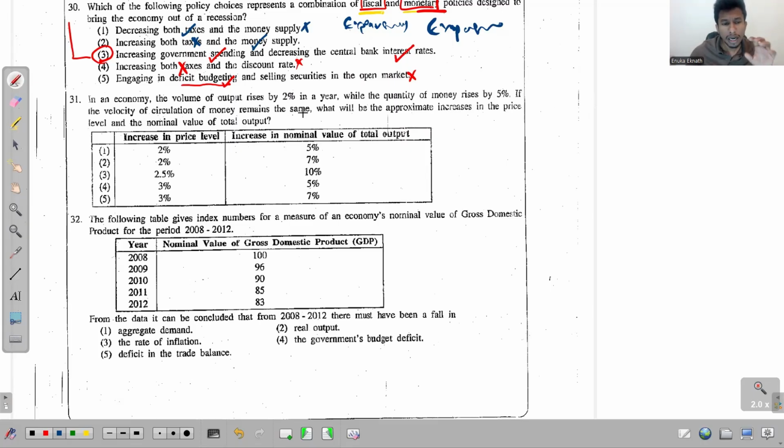The first thing, by looking at all these data, you can understand that this question has something to do with this equation of exchange. So how do we write the equation of exchange? We write M into V equals P into T. So let me identify all these terms. M stands for the money supply, right? M is for the money supply in the economy, and V is for the velocity of money circulation,